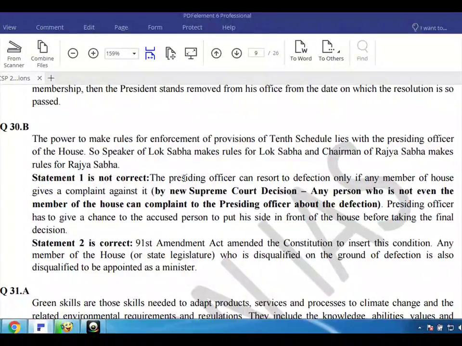Statement 2 is correct. The 91st Amendment Act amended the Constitution to insert this condition. Any member of the House or state legislature who is disqualified